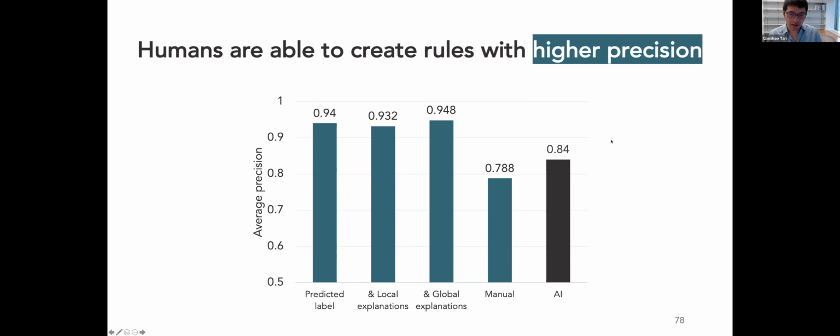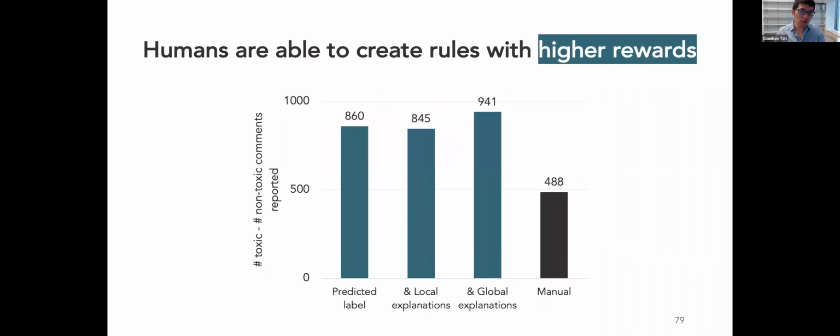And in this case, you can see that even the AI alone would get a precision of 0.84. And if we only ask a human to make rules with a manual approach, humans can only get a precision of around 0.8. But with our model assistance, the precision is much better than these two. And you may think this is because of low coverage. So we also look at rewards. In rewards, we don't compare with AI alone, since AI just matches everything. But if we compare with manual,